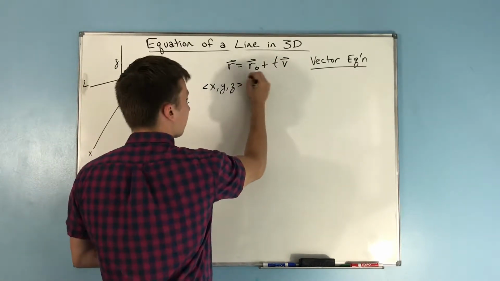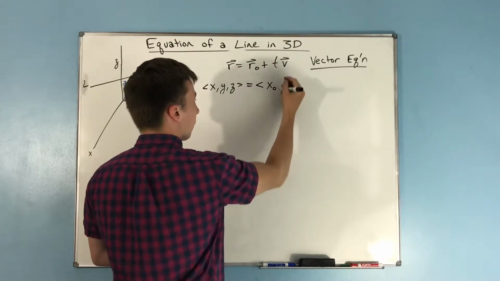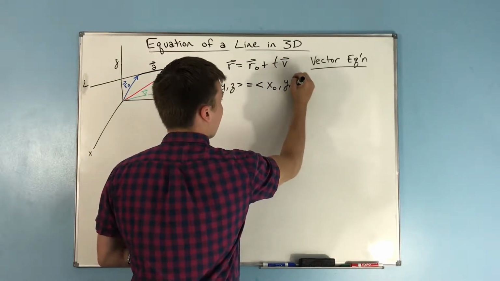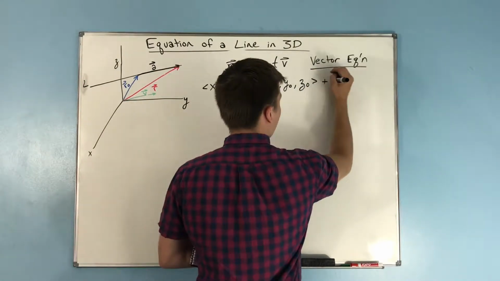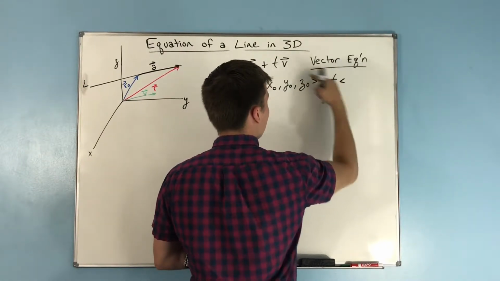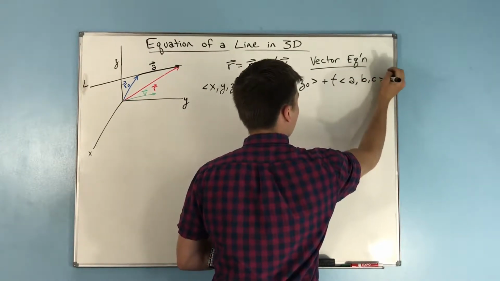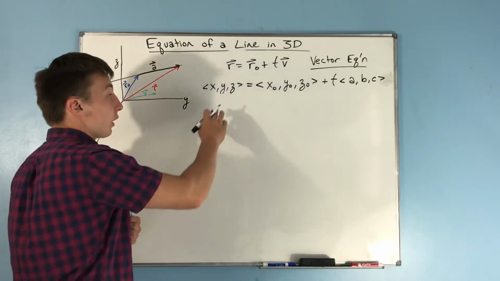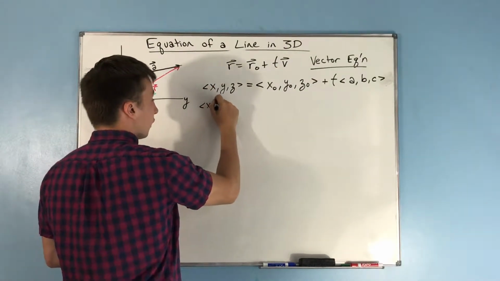All right, vector r naught is our initial point, our point that we know. That's x naught, y naught, z naught. And we're going to also add t times our vector v, which is going to be represented as a, b, c. Now watch what happens if we start to actually do this out. We get x, y, z